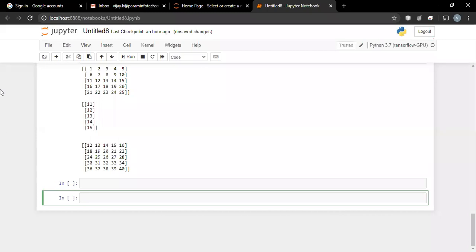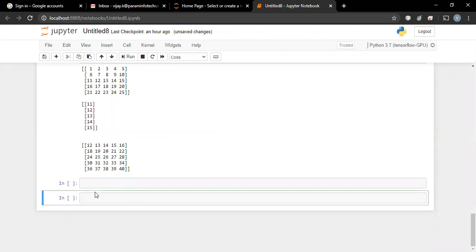Class, before that, I simply need to ask a question. Do you have any doubt in this topic? Anyone having any doubt? If you don't have any doubt, then please post so, because these concepts are important as far as image processing using NumPy is concerned. No doubt? Okay, thank you.